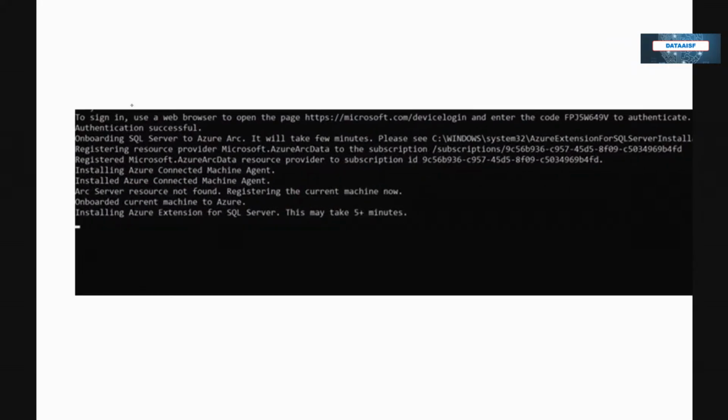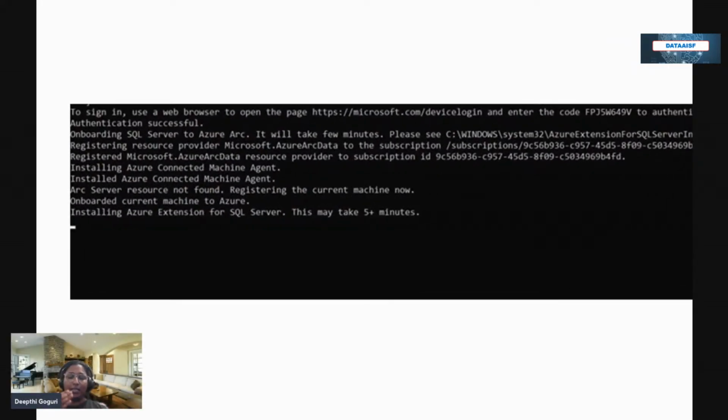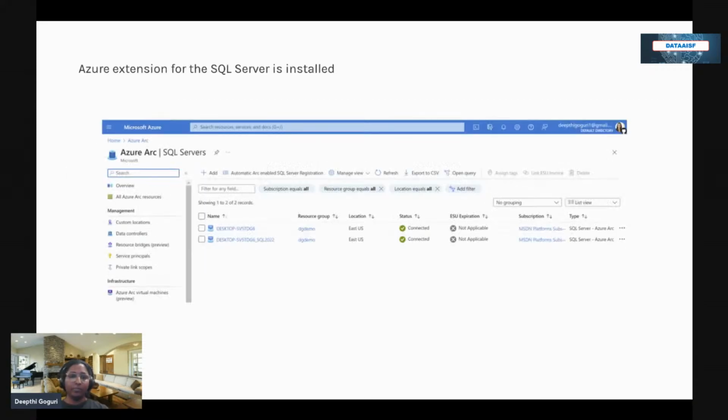and then if you observe the very next lines, as you hit enter on that script, it will also say onboarding SQL Server, which we have seen in the previous slide, and it is installing the Azure Arc machine agent. Do you remember, that is the first step where it will register the machine itself, the Windows machine or the Linux machine, and then it will install the Azure Connected Machine Agent, and then the Azure Arc resource. It is also registering the current machine now, and the last step is to install the Azure extension for SQL Server, and it will take more than 5 minutes or so. And